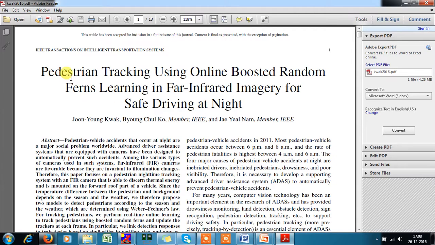The title of the project is Pedestrian Tracking Using Online Boosted Random Ferns Learning in Far Infrared Imagery for Safe Driving at Night. Accidents happen while pedestrians are crossing the road while driving. In our project, pedestrian tracking is going to be implemented using online boosted random ferns learning and a far